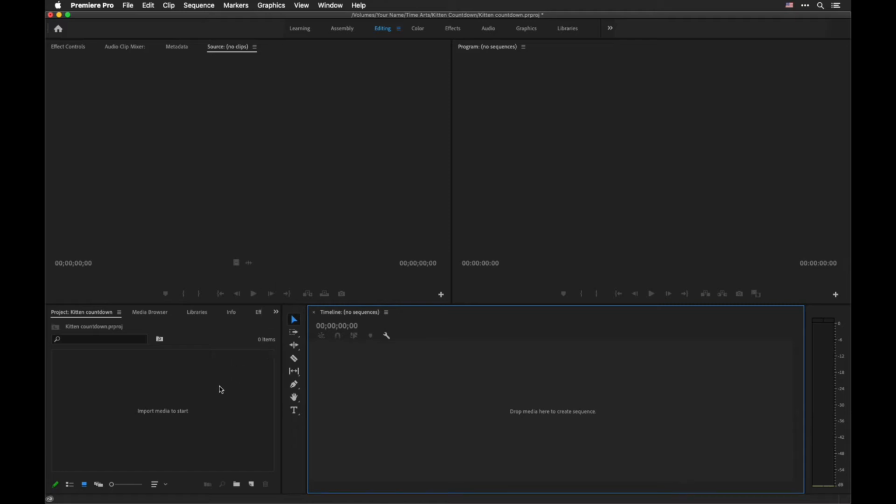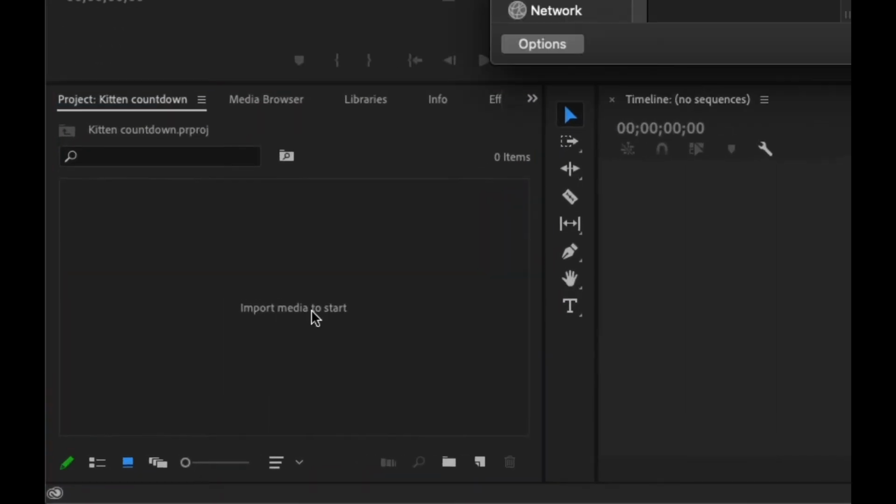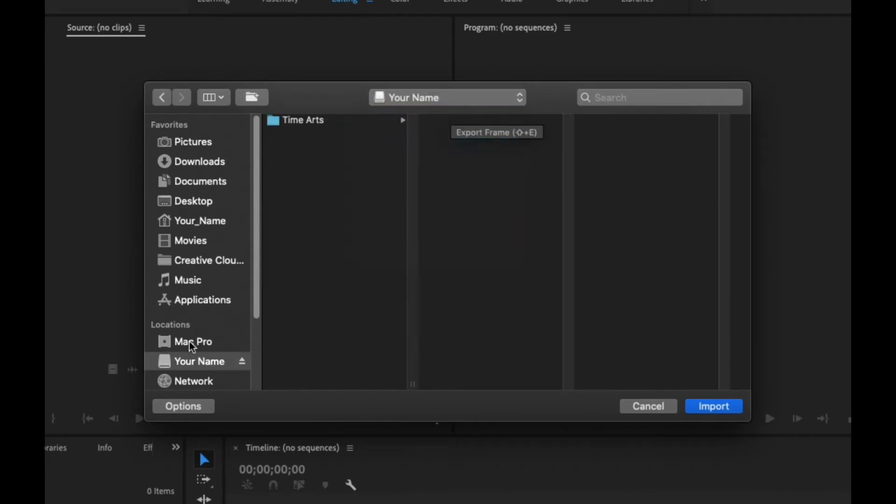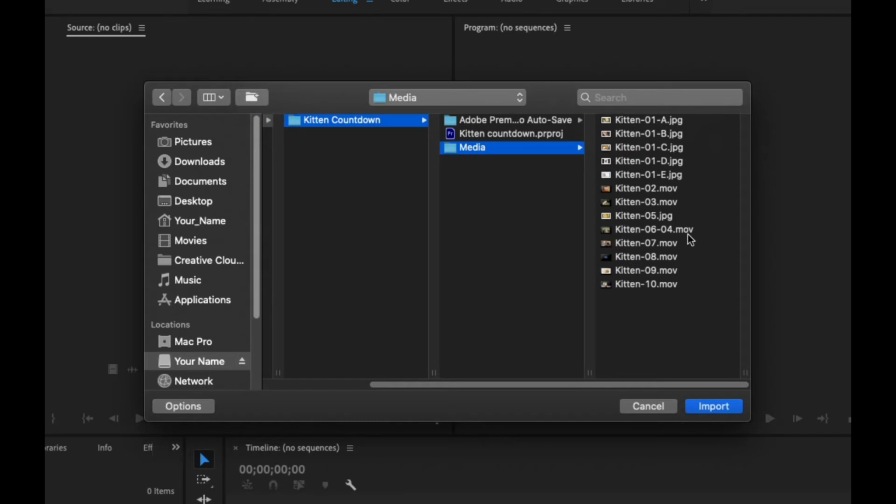Okay, so the first thing we're going to need to do is import our media. We can do that by double-clicking here or hitting Command-I on a Mac or Control-I on a PC. So what we're going to do is make sure we navigate over here to our external hard drive. We're going to choose Time Arts and Kitten Countdown, and under this we'll have Media, and we're going to select